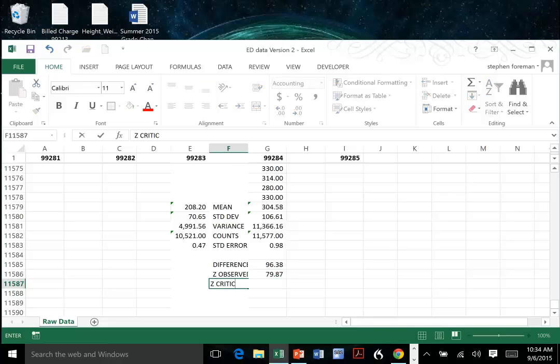Z critical is 1.96. We reject the null. Accept the alternative. These two means are significantly different. So these show you the calculations. We can do this